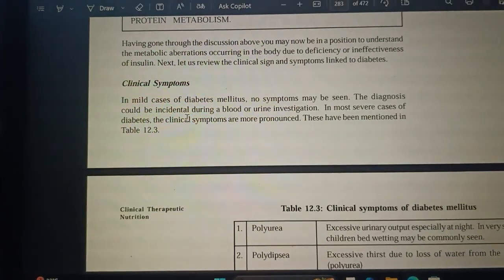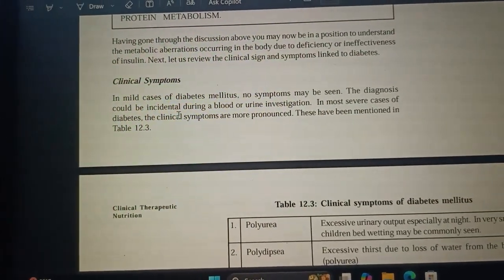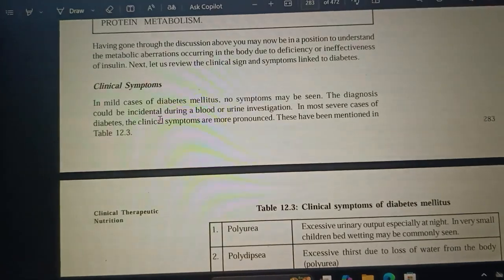Hi guys, in this class we'll learn about the clinical symptoms. Okay,